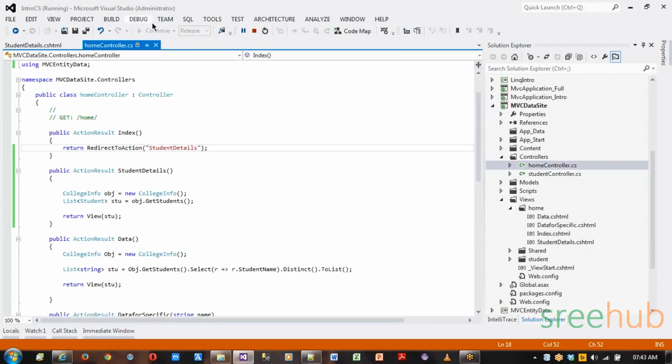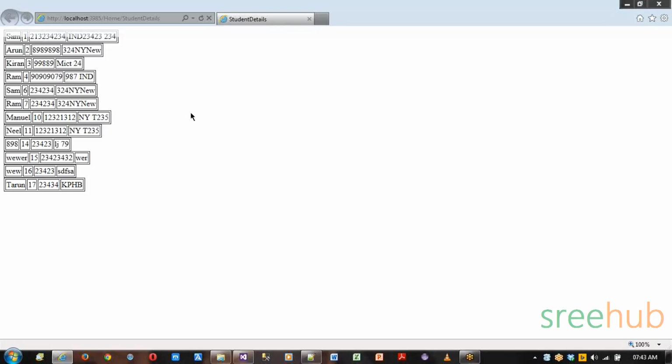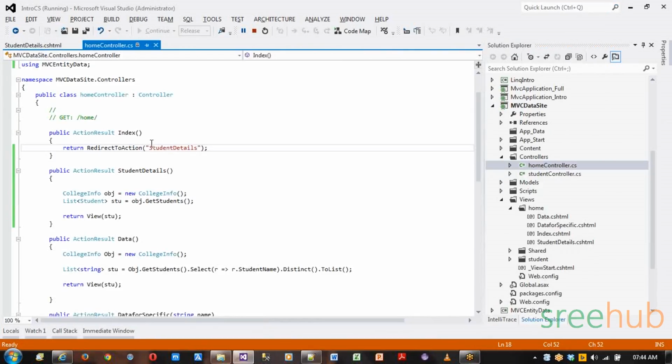So by default, it will actually move to home and index, but I've actually redirected my index action result to the redirect result. Now you can see it will actually give you each and every detail specifically with respect to different things, right? But you can see that each piece of code I'm actually using needs